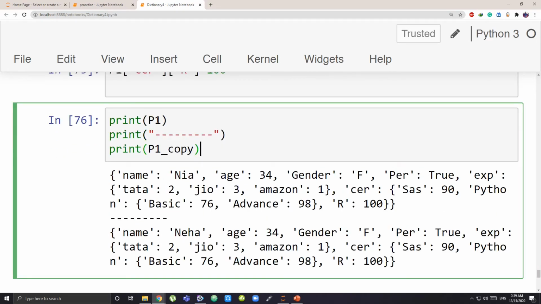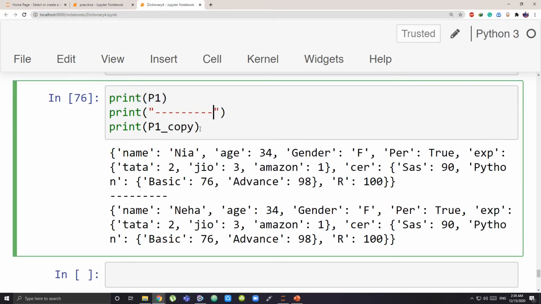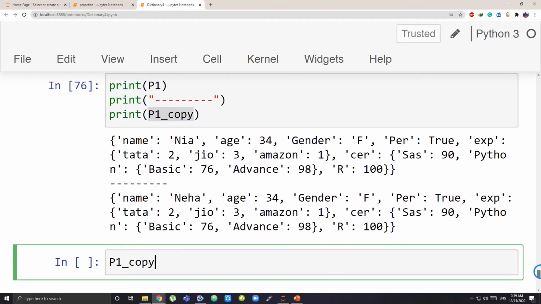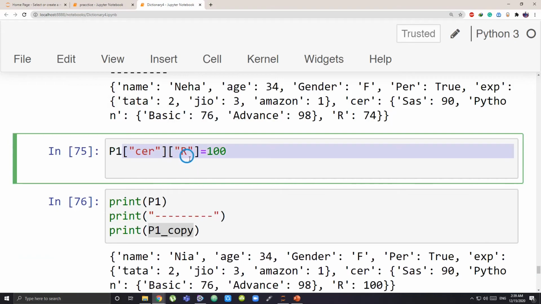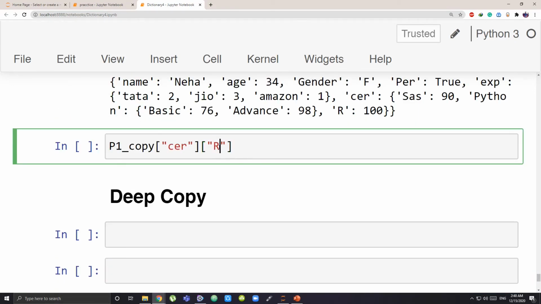Now here what I did, I was making changes to my original one. The same way, if you make any changes to the copied one, let's make some changes to the copied one. Here you have your copied version, right? Let's make a change, not to R, let's make something different. From certificate, go to SAS. Let's make a change to SAS and give that person the value 91.